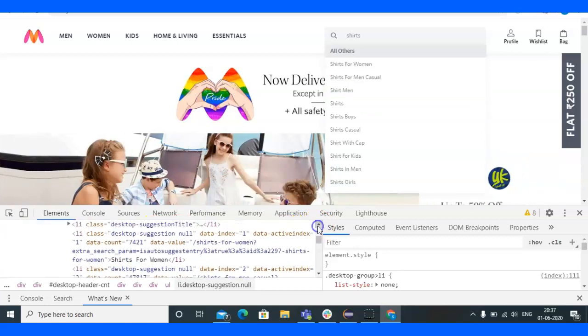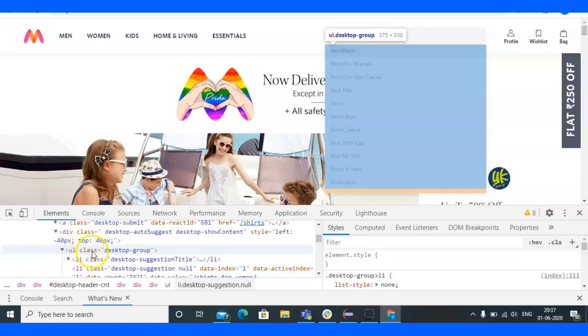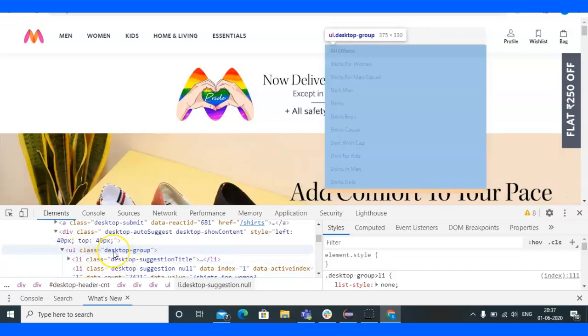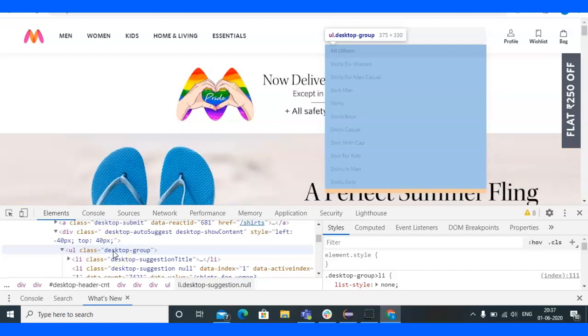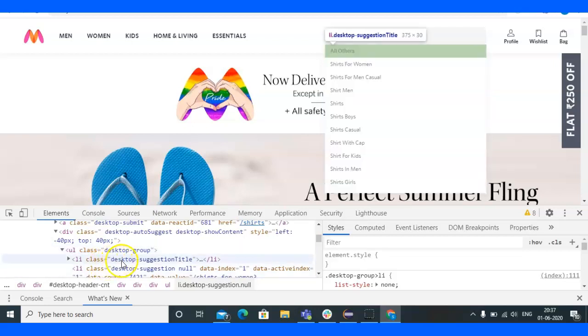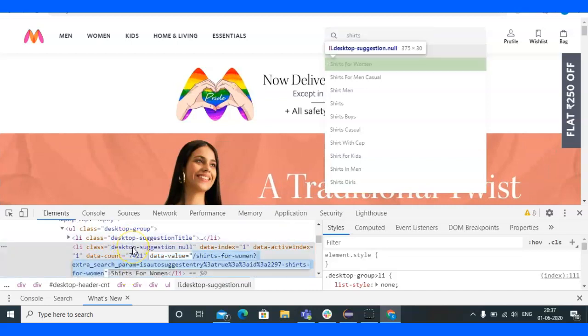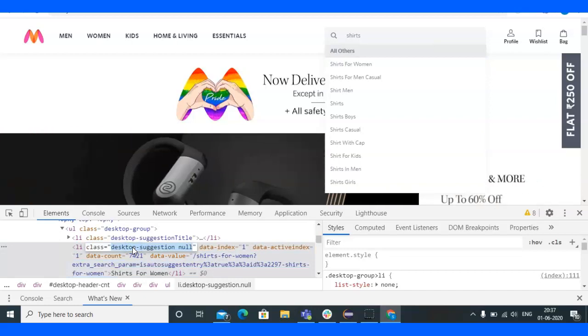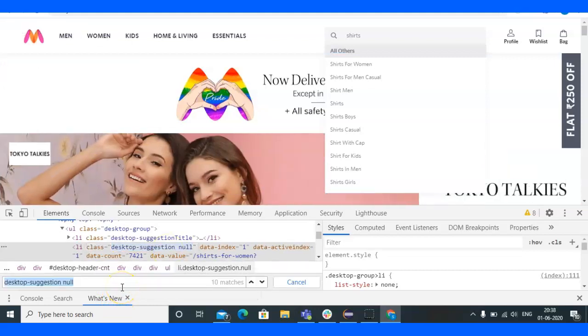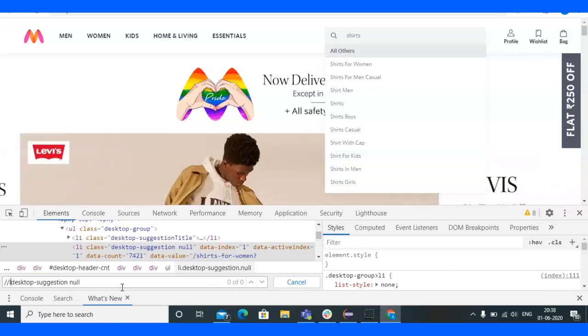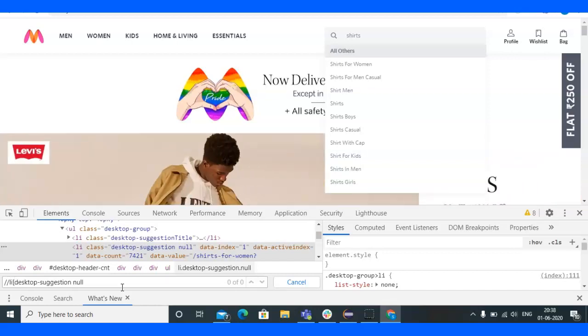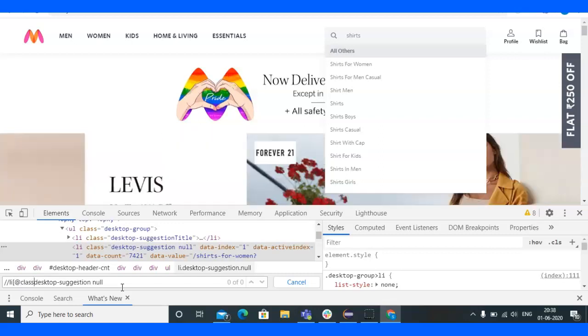Okay, and the parent for this li tag is ul. So if you hover over this ul tag, you can see that the entire search box is getting highlighted. So I'll select one of the li tags, say this one, the first element, and I'll pick up the class value here. Okay, and I'll press Control F, and I'll create the customized XPath /li, and I'll say @class equals to,